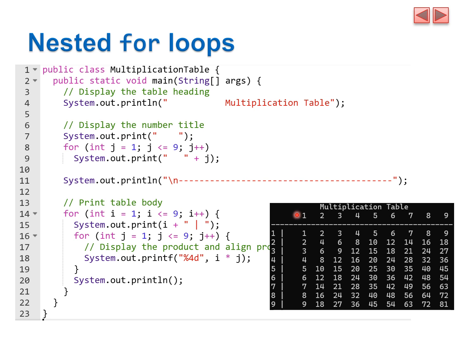So then it makes the title like this. And then it displays the line separating the number title and the table body. The table body has 9 rows, so the program uses a for loop that iterates through the rows with the